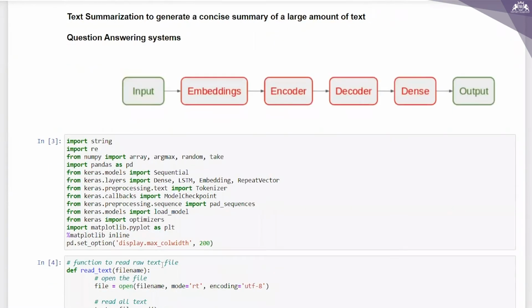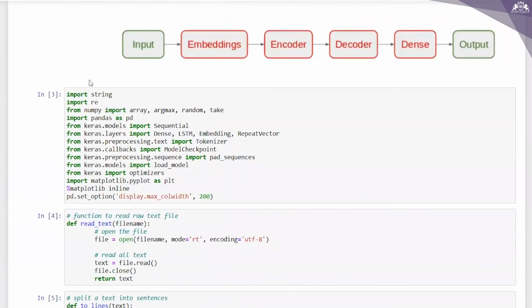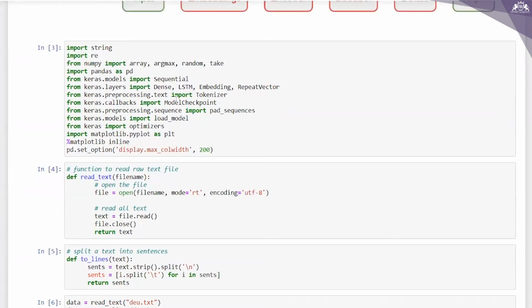So let us try to import all the required libraries. Import string, import re, from numpy import array, argmax, random, take, import pandas as pd, and from keras.models I'm importing Sequential. From keras.layers, I'm importing Dense, LSTM, Embedding, RepeatVector, and from keras.preprocessing.text, I'm importing Tokenizer.